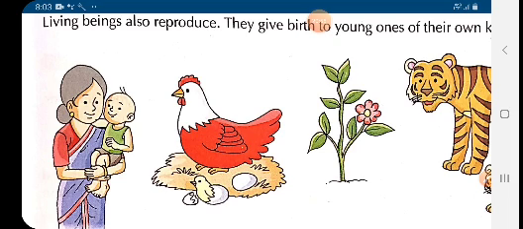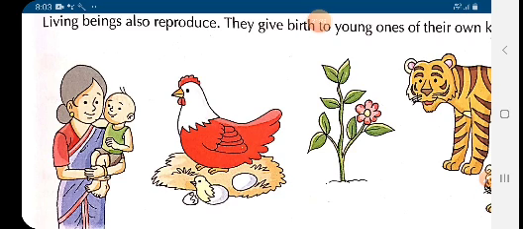Children, there may be differences in shape, size and appearance, but all the body parts are the same in every human being. For example, the babies of human beings may differ in their looks, but they have all the body parts exactly the same as their parents. It is true for every living being. Even though their looks may be different, they have all the common body parts.